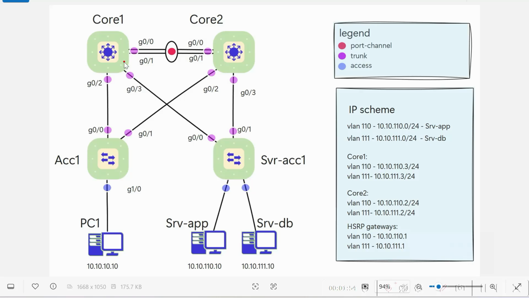We will configure additional VLANs, the server VLANs, in Core 1 and Core 2, and we will follow our procedure or numbering, odd and even numbering for the VLAN numbers. So we will use this IP scheme for the app server IP address: we use VLAN 110 with a third octet of 110, and